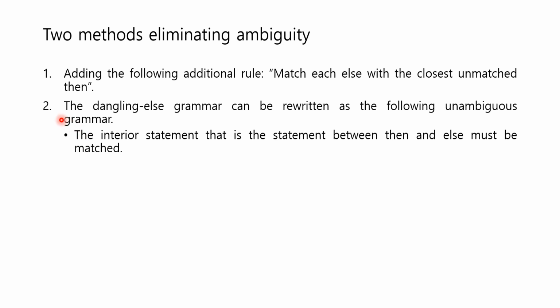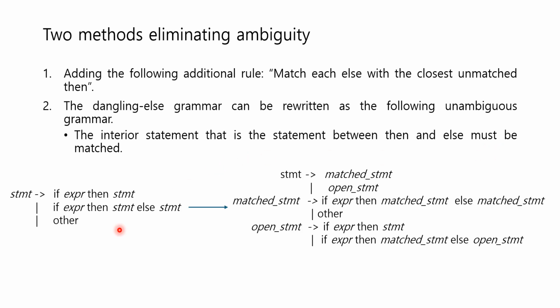And the second method is that we can rewrite the dangling else grammar as the following unambiguous grammar. The interior statement, that is the statement between then and else, must be matched, so the earlier grammar can be replaced by statement